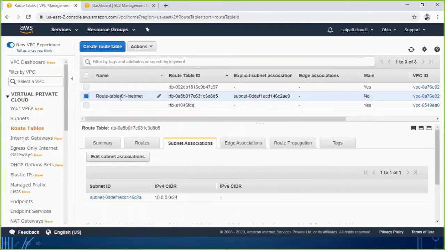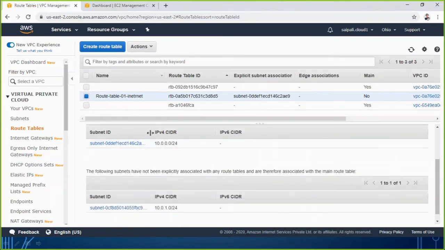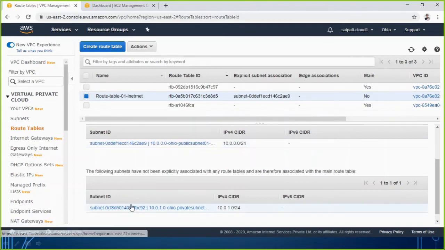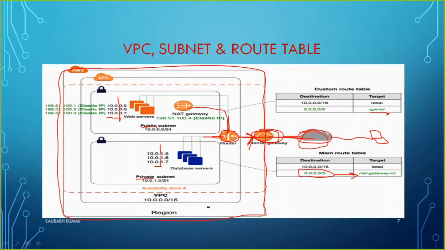So now in this route table which we have created, only this subnet is associated with it, which is going to be public. But the other subnet, which is for private, we haven't associated with this route table, and it is not associated with any other route table too. So because of that, this subnet does not have any route table which can allow it to reach the internet, but this subnet is connected with the route table which is allowing it to reach the internet. So because of this, now everything is going to work as per our plan.